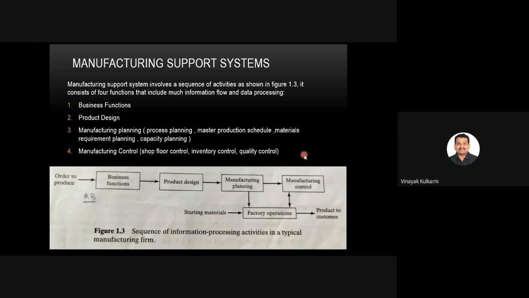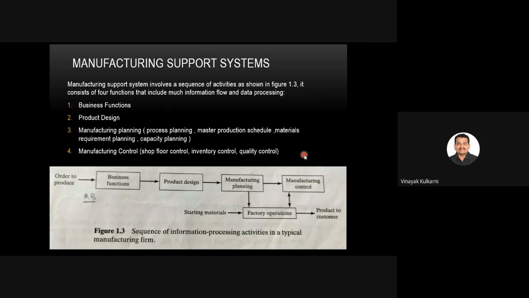So first one, we'll go with the shop floor control. It deals with the problem of monitoring the progress of product as it is being processed, assembled, moved, and inspected in the factory. Shop floor control is concerned with inventory in the sense that materials being processed in the factory are work in process inventory. That is, it is going from machine to machine. Thus, shop floor control and inventory control overlap to some extent.